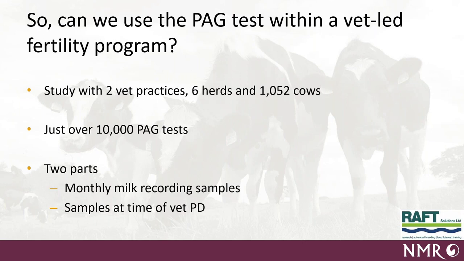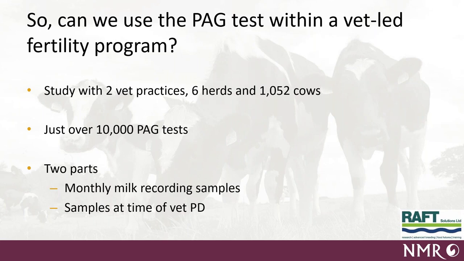a practical, field-based study. So it was on real cows, on real farms, working with real farmers and real vets from the vet practices. We had 6 study herds, typical of what we might see across GB. There was a mix of seasonal and all-year-round calving herds. Some were indoors, some were traditional grazing herds, and herd size varied from 180 to 740